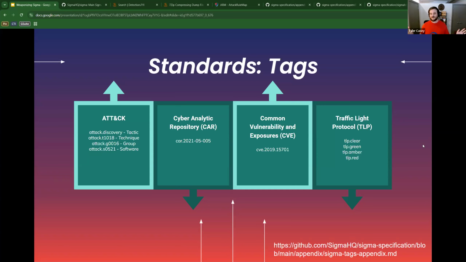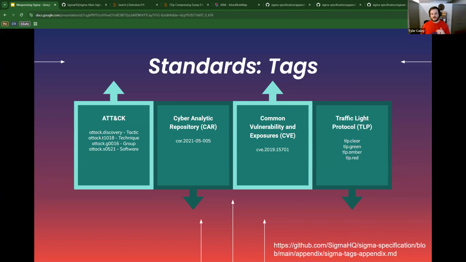Is everybody familiar with the MITRE ATT&CK framework and tactics and techniques? T codes, things like that. Is everybody familiar with that? Edward says yes. Edward, we're good then. I assume that Jeffrey has some experience. Okay, so